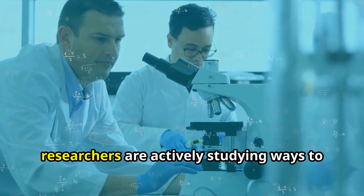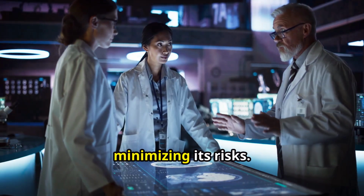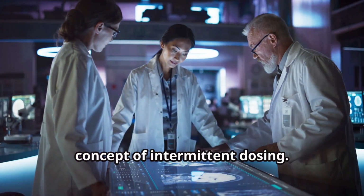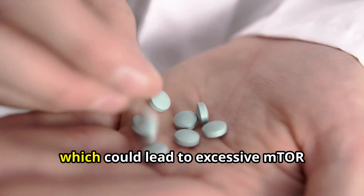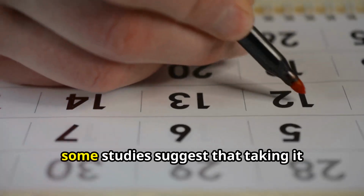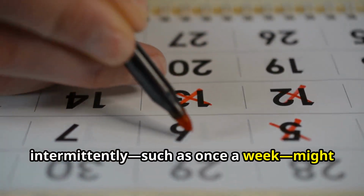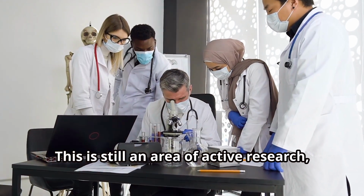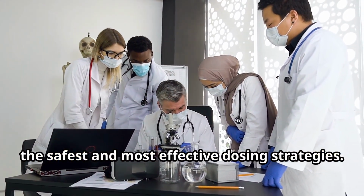That being said, researchers are actively studying ways to harness the benefits of rapamycin while minimizing its risks. One approach that's being explored is the concept of intermittent dosing. Instead of taking rapamycin every day, which could lead to excessive mTOR inhibition and unwanted side effects, some studies suggest that taking it intermittently, such as once a week, might provide the longevity benefits without as much risk. This is still an area of active research, and more studies are needed to determine the safest and most effective